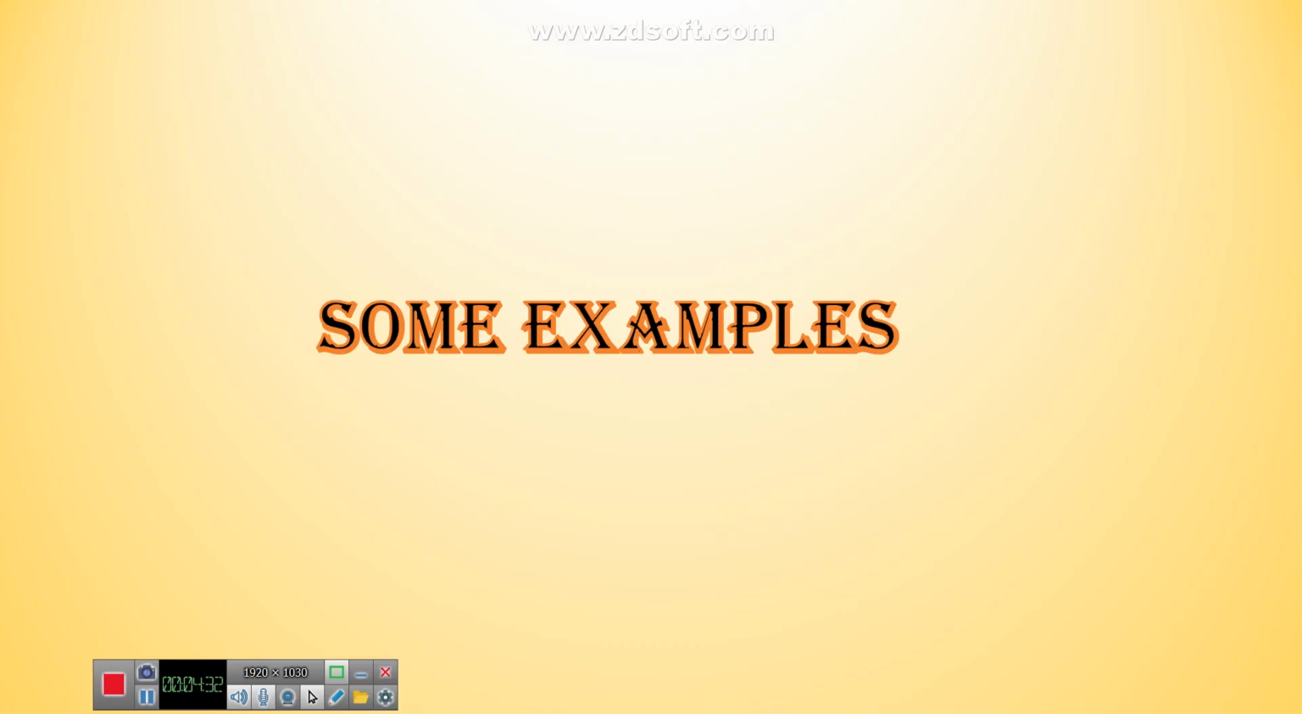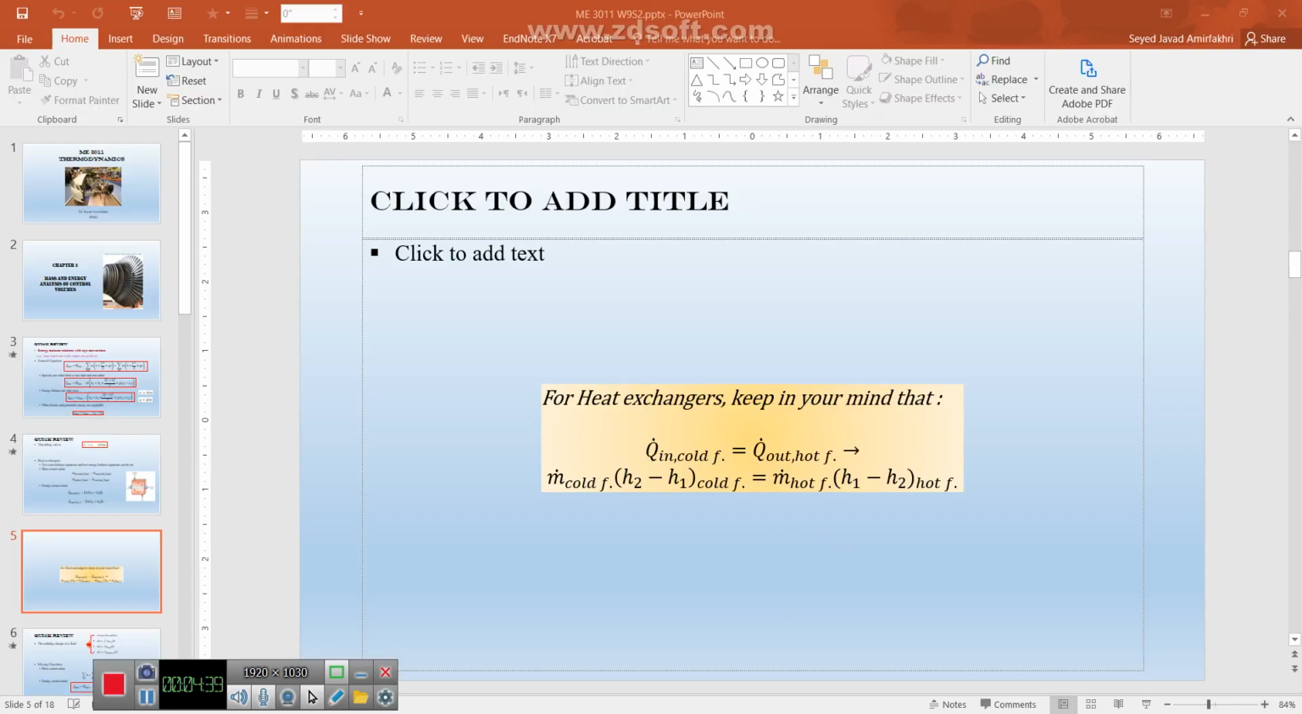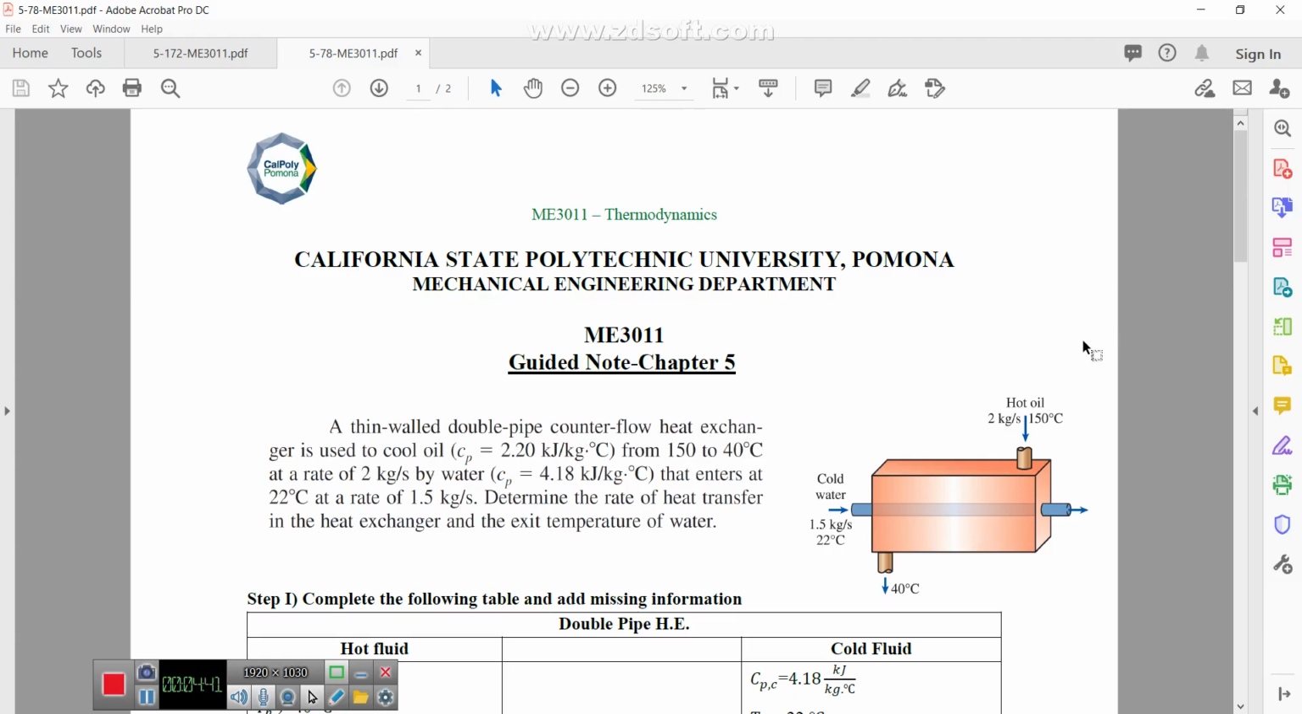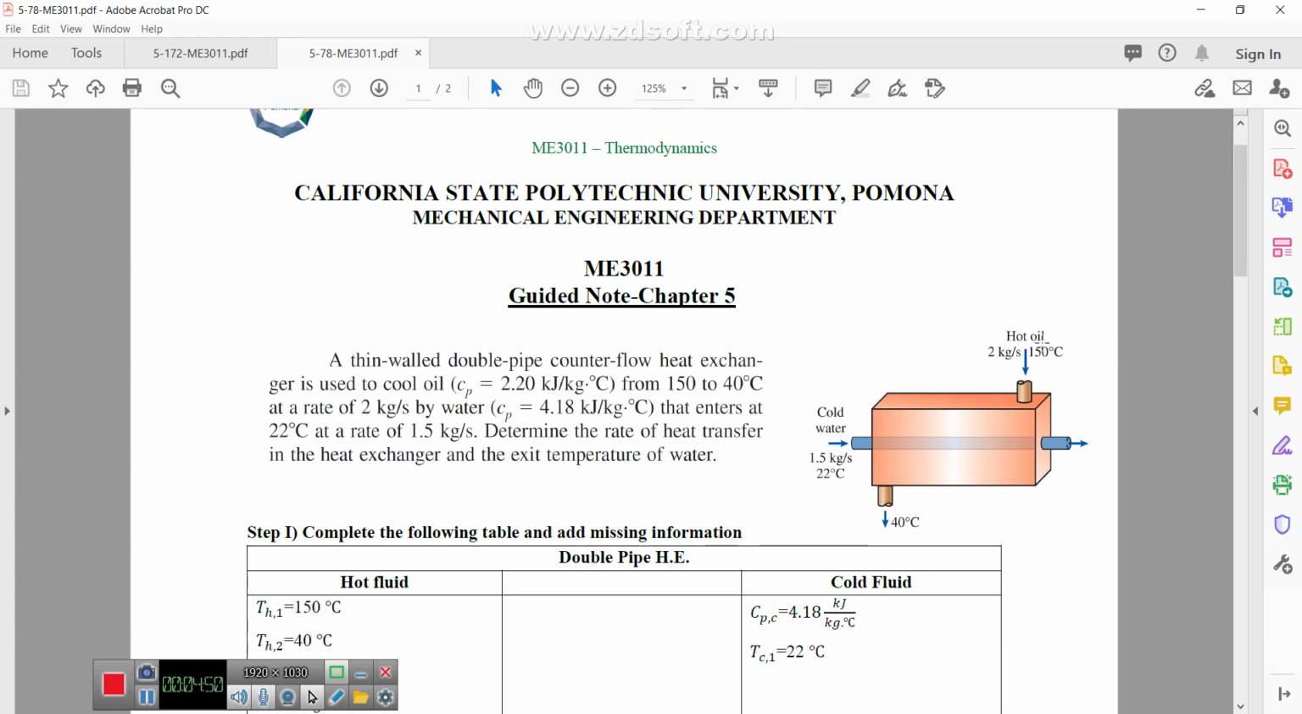Now, let's solve some examples from this part. Please open the PDF file that I share with you on the Blackboard. Please open file 578 ME3011, this PDF file. This is a question about the heat exchanger design. Here you can see a double pipe heat exchanger,